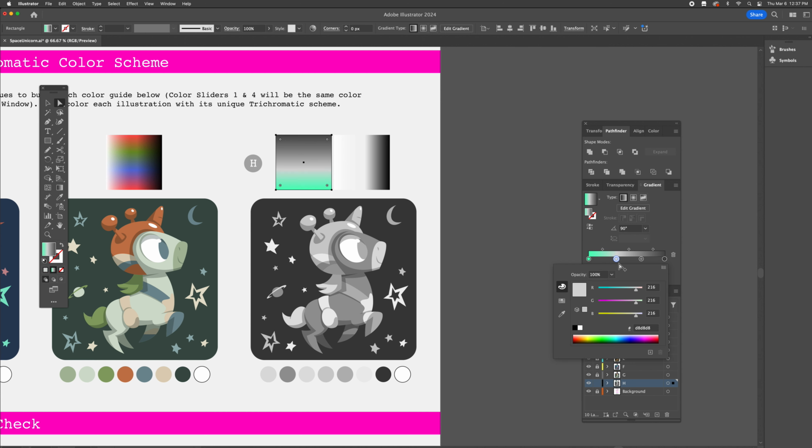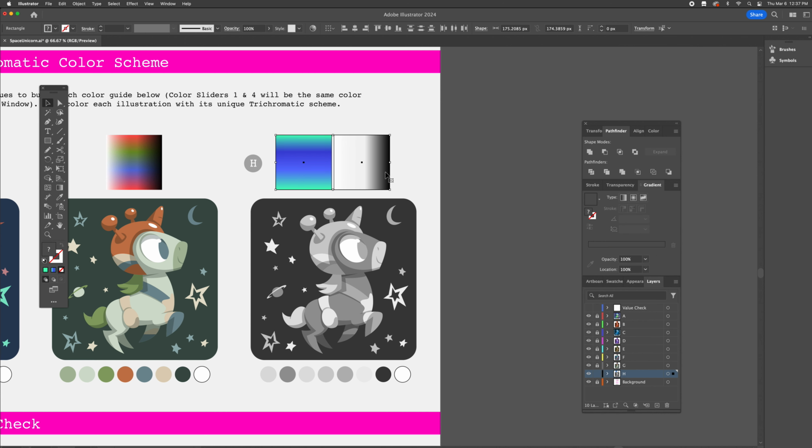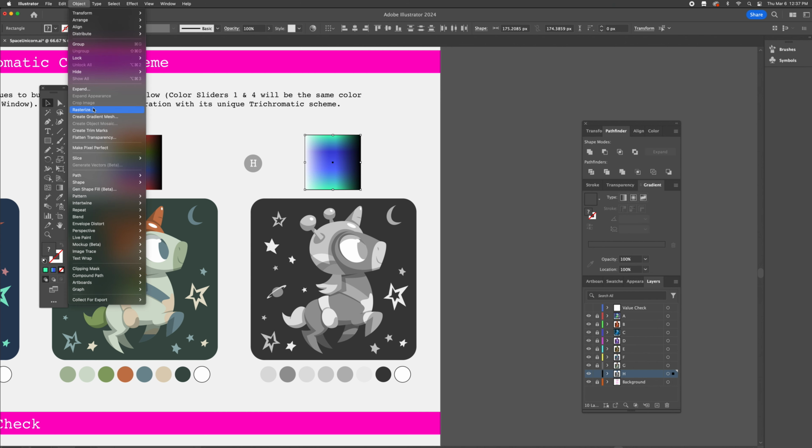Let's try some cool colors. I'll need a duplicate of color 1 as color 4. All right, I'm going to combine and rasterize my objects,